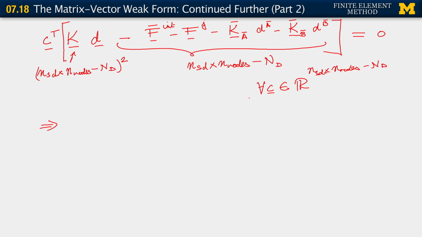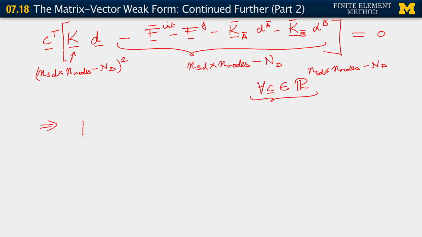And you remember where that requirement comes from. It comes from the requirement that C degrees of freedom are the ones that interpolate our weighting function. Since this must hold for all C transpose in that space, the only way this can work out is if